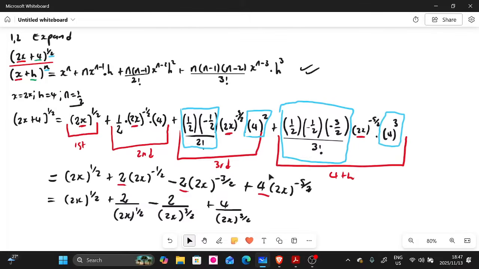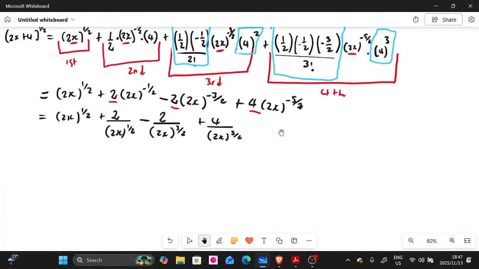Now this is also fine. I think if you leave your answer like this, they won't punish you that much, or they will give you the full marks. But I would say to you, if you have surds, leave it in surds. So the first term here is going to be root.